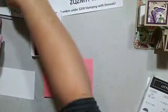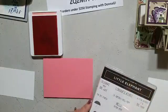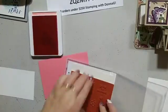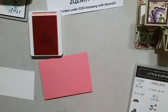And I'm going to grab, what have they done? Oh, the little heart stamp. It's gorgeous. So they've done rows and rows of hearts. So we're just going to do that. Just going to randomly stamp some little hearts all the way over. Let me find my little...